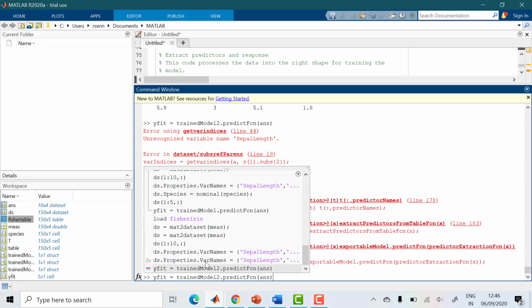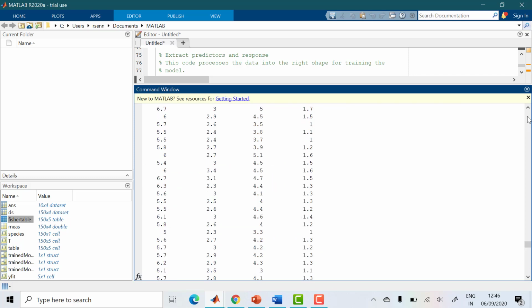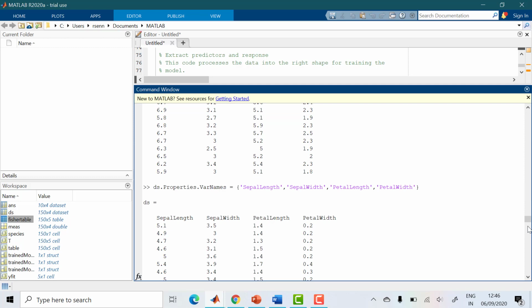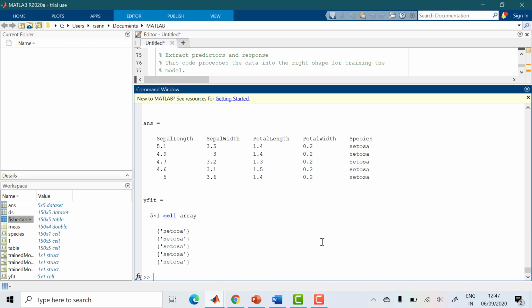It's showing an error in the sepal length. Let me put all the commands together again.